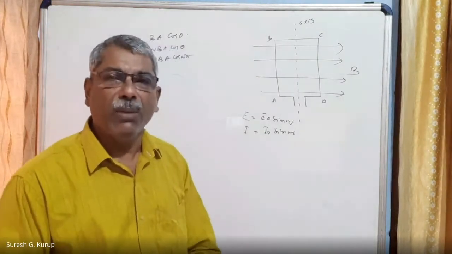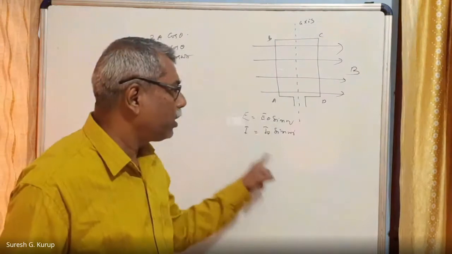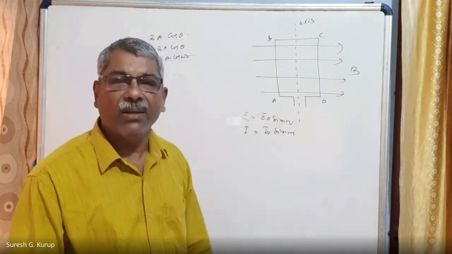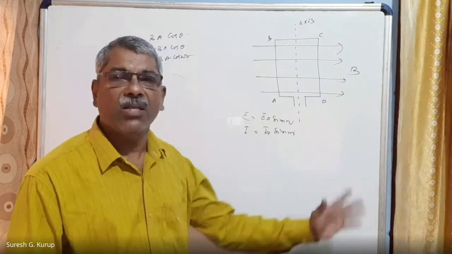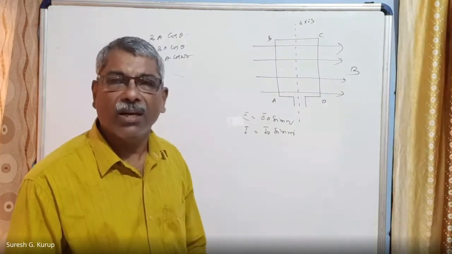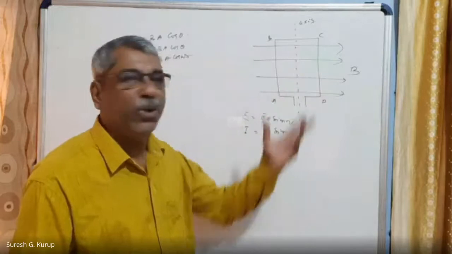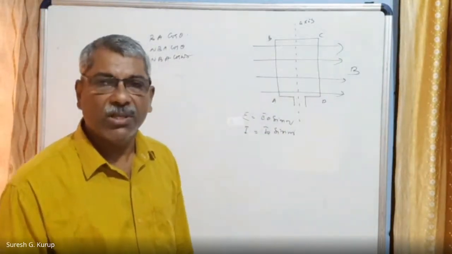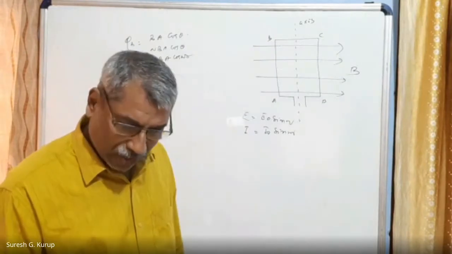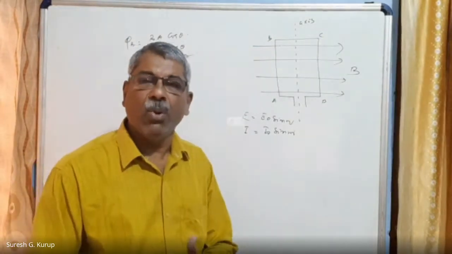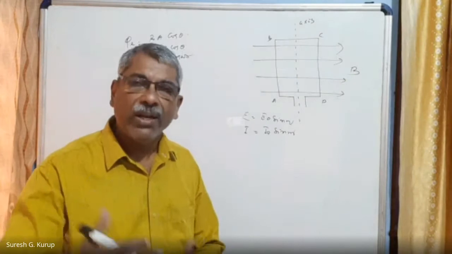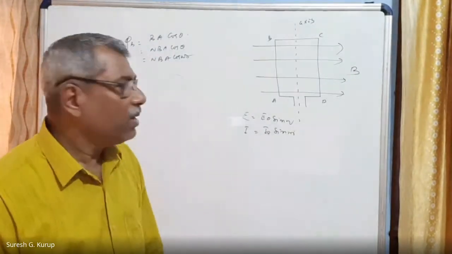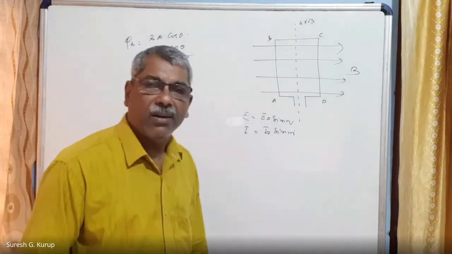When EMF is induced in the coil, if the coil is connected to a closed circuit with a device, any gadget, then current starts flowing through it. That current is called AC current. The EMF produced is the induced AC EMF. So induced EMF and induced current both are sinusoidal because they vary as a sine function or a cosine function. So how can this be derived?